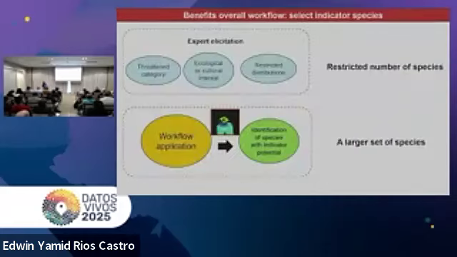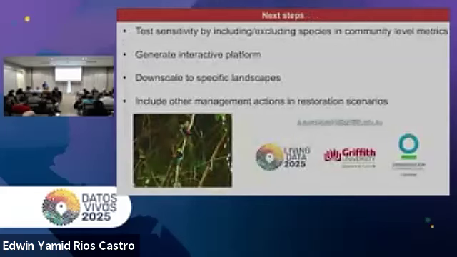So the good thing about this workflow as well is that it's not only focused on finding species based on the experts and how they think those species are important, but we are also identifying species that are showing responses to the landscape changes that can potentially be common in the area, but are good indicators of potential management actions, and this could maximize the information that we are using. So next steps, we need to test the sensitivity of this using other types of species as we get more data.